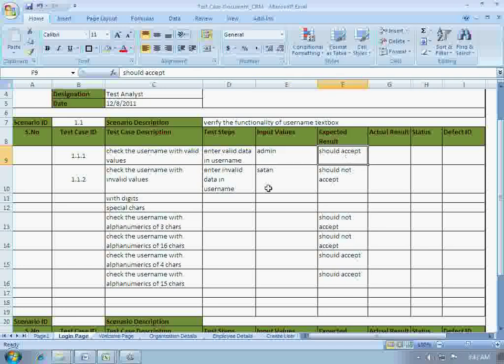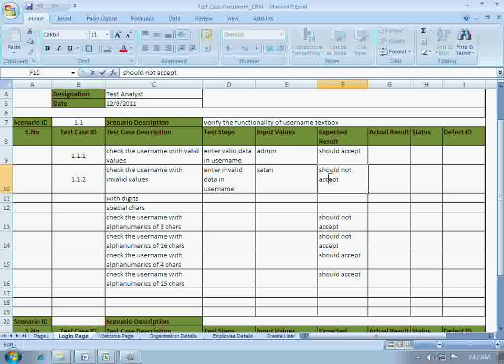And invalid values we gave Saturn, and we did not give permission for Saturn to log in to our application, so it's an invalid value,